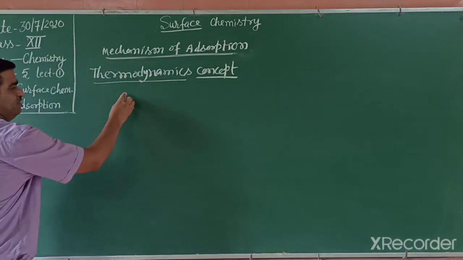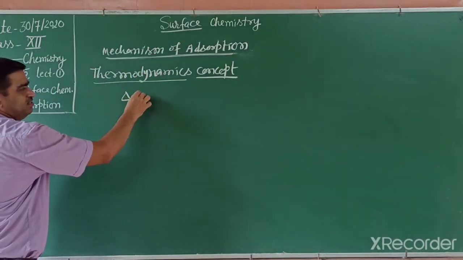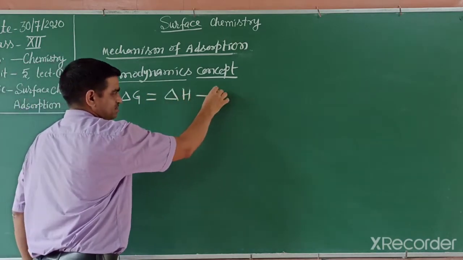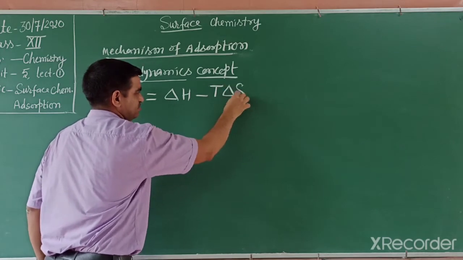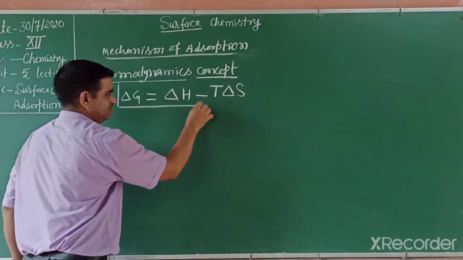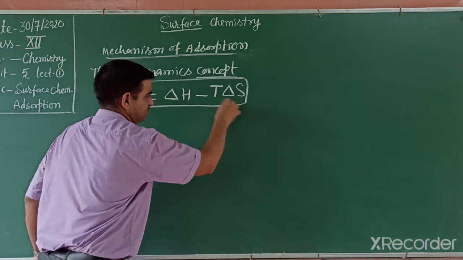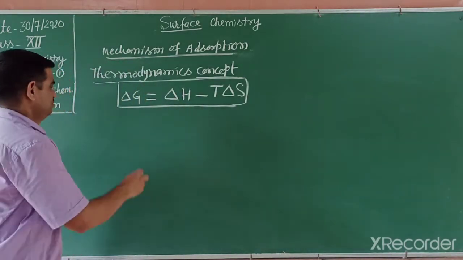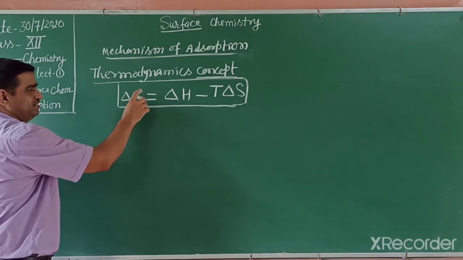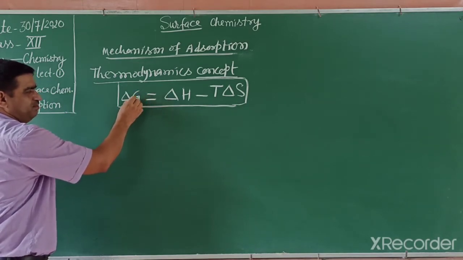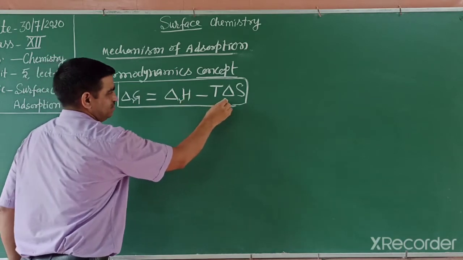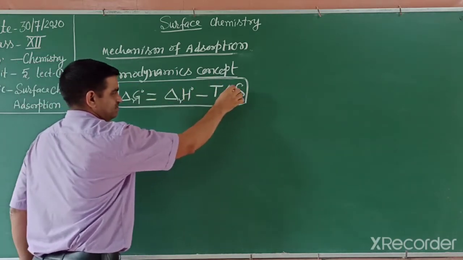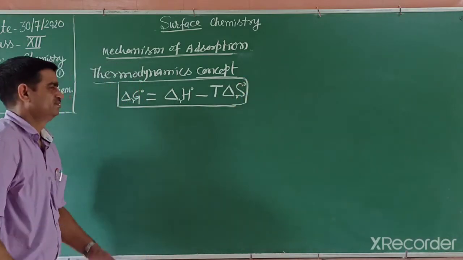That equation is known as delta G equals delta H minus T delta S. We already studied this equation. It is known as the Gibbs equation, a very important equation in chemistry. If all the terms are in the standard state, pure, then we can write the Gibbs energy of reaction for a system.